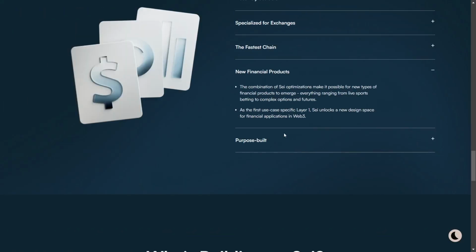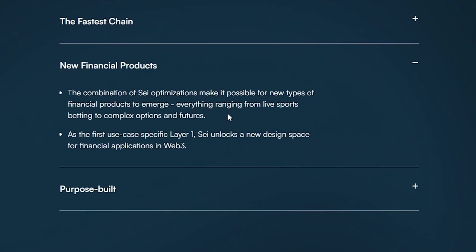Like I said at the start of this video, these guys are truly trying to be the decentralized version of Nasdaq, and once again, due to all the features I just mentioned, they can build everything ranging from live sports betting to complex options and futures that would just be too complex or too expensive or too slow to build